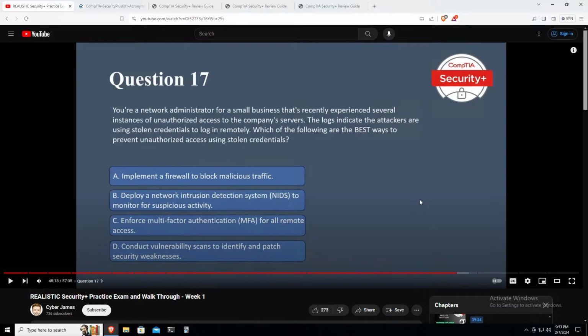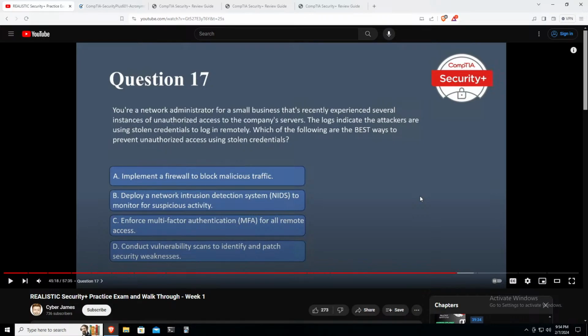So if your credentials are stolen, there needs to be another way for you to authenticate, or rather a chain of authentications happening for you to get access to the server. This is why things like two-factor are enabled, or MFA, multi-factor authentication, is enabled. So I think the correct answer here is C,